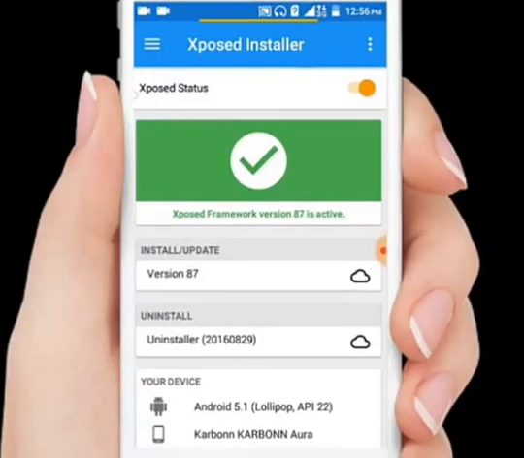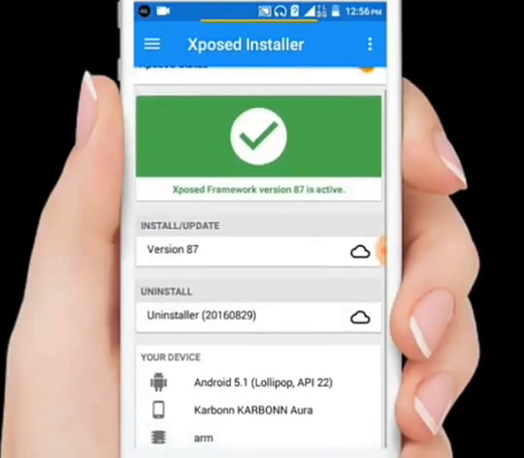So I am not going to do this again and again. As you can see, this Exposed framework is active, and down below there is an install and update option. You just need to tap on that once, and install it once. After that your phone will be automatically rebooted guys.